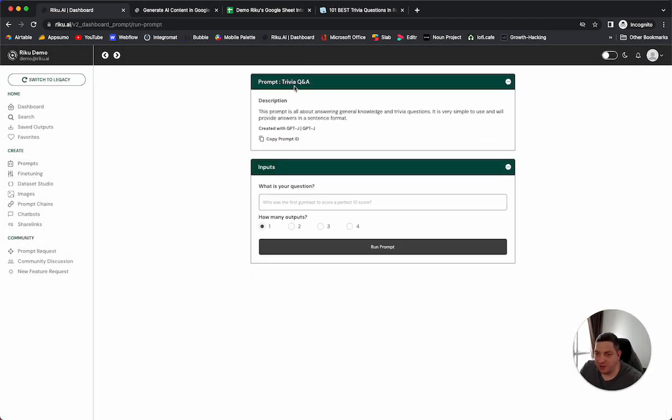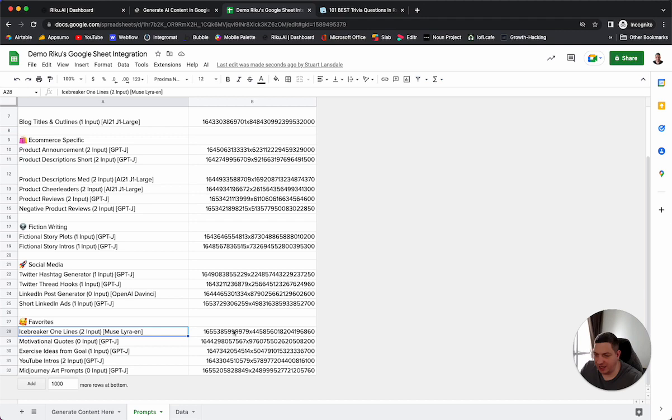So we can come into our trivia Q&A. We can copy the prompt ID, we go back to our sheet, we put the prompt ID in the B field. I'm just going to replace one here, and I can just give it a name as I want to name it. Trivia Q&A